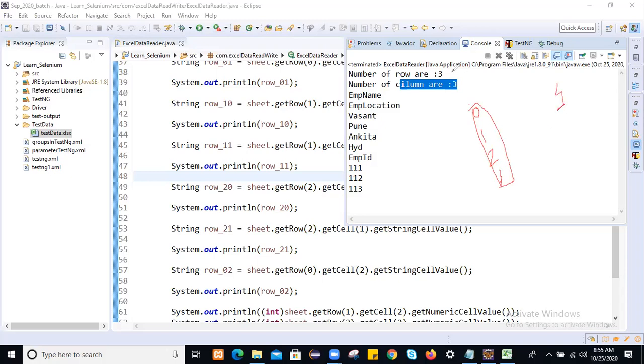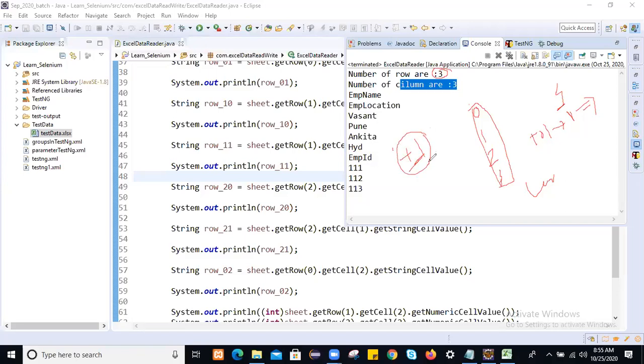Whenever you are trying to get the last row number, it will return the total number of rows within the sheet minus 1. It will give the last row number. If you want to count the total number of rows, do 1 plus 1 plus 1.